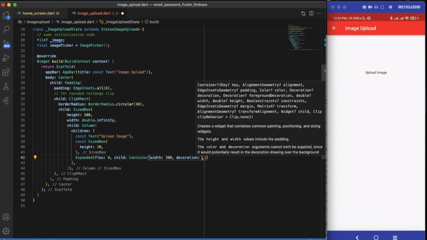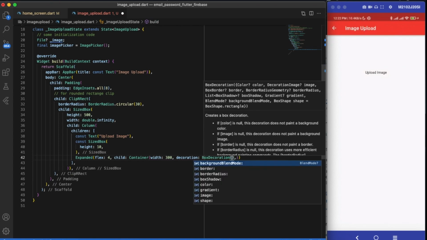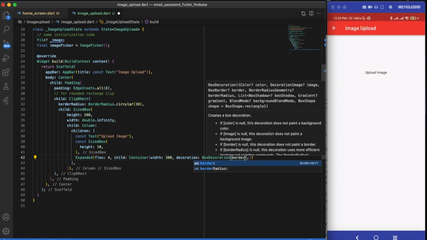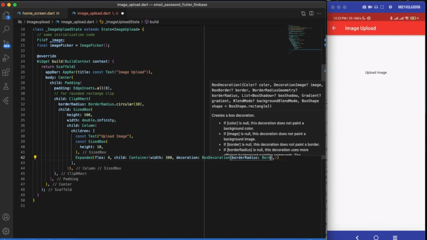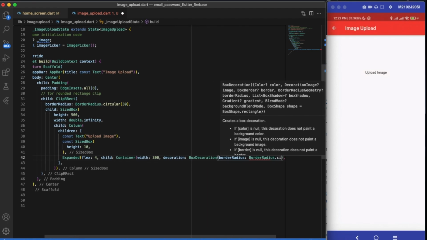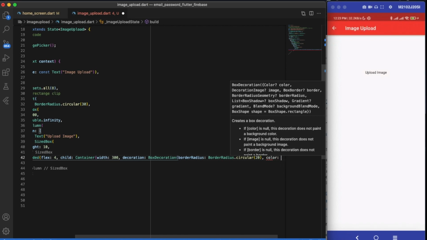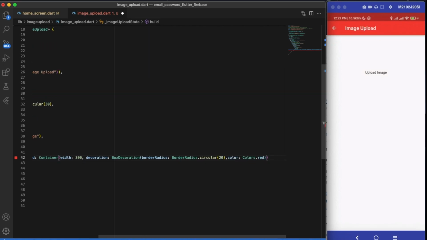This will be BoxDecoration, and here we can have a border radius. Border radius would be BorderRadius.circular. This can be 20, and after our border radius we will be providing a color. This will be Colors.red.